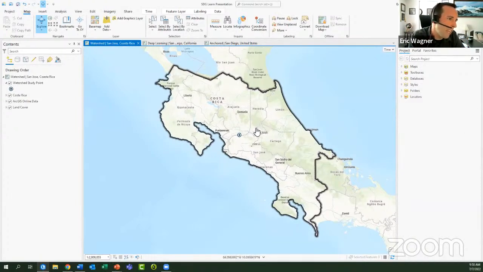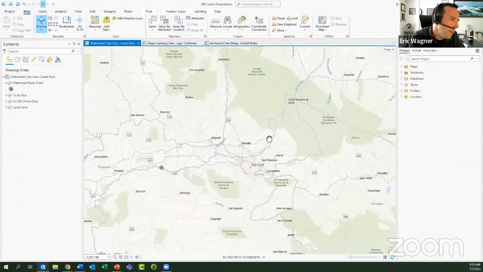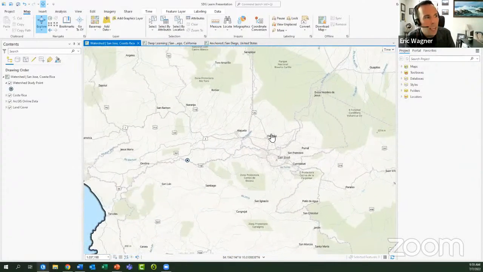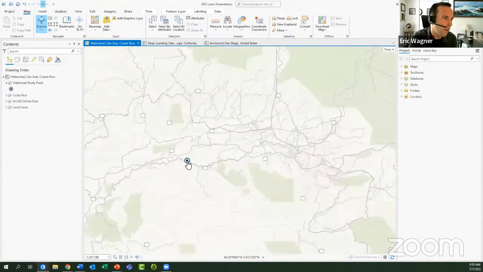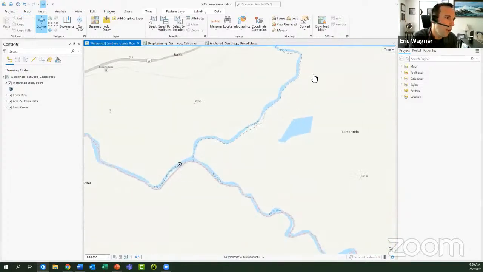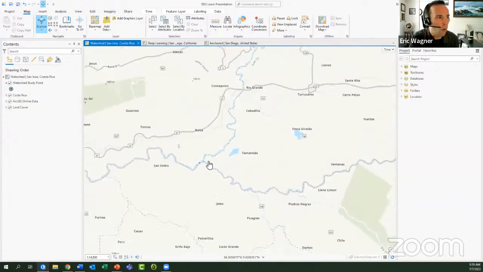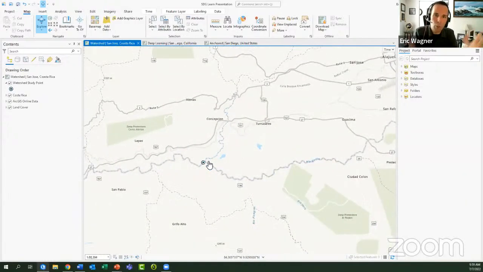I can see San Jose in the middle. And what maybe I've learned from some local scientists is that the area I want to figure out what's upstream in the watershed is down here, as indicated by this blue dot, where this river flows down from the north, and this river kind of flows up from the southeast. So I want to determine what area is going to drain through this point